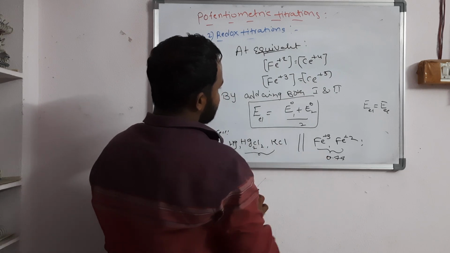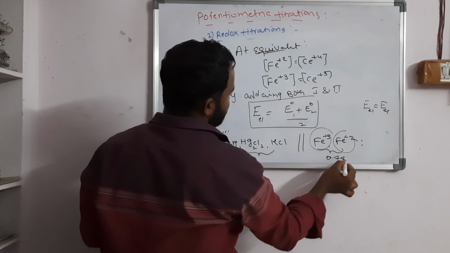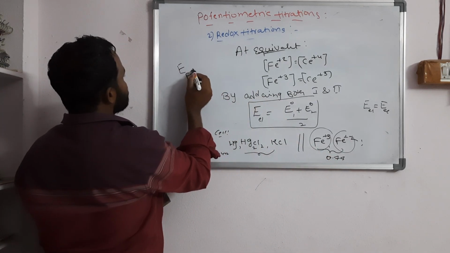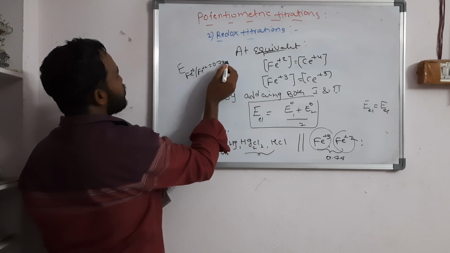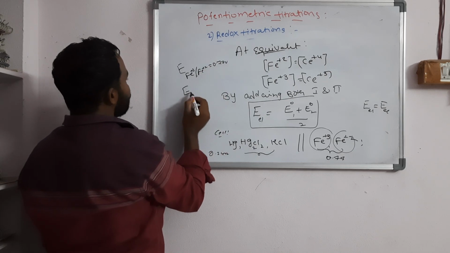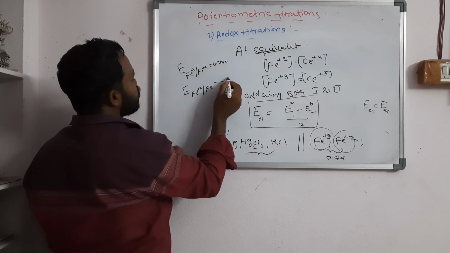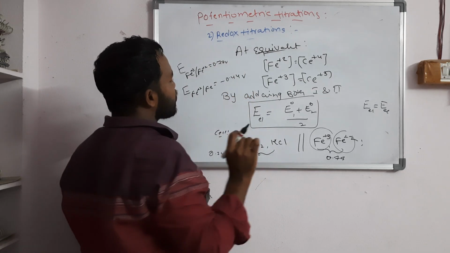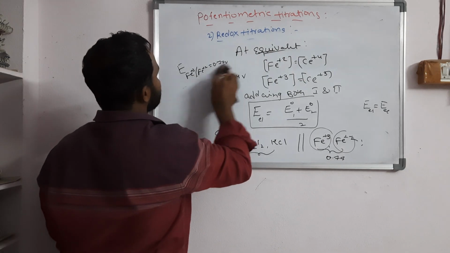If you look in the books, iron plus 3 to iron plus 2 is 0.77 volts. So the reduction potential of iron plus 3 is 0.77 volts, that means gain of 1 electron. If iron plus 2 is converted into iron, the reduction potential is minus 0.44 volts. You should be very aware that even with a 1 electron change, the electrode potential completely changes. So you should remember that.